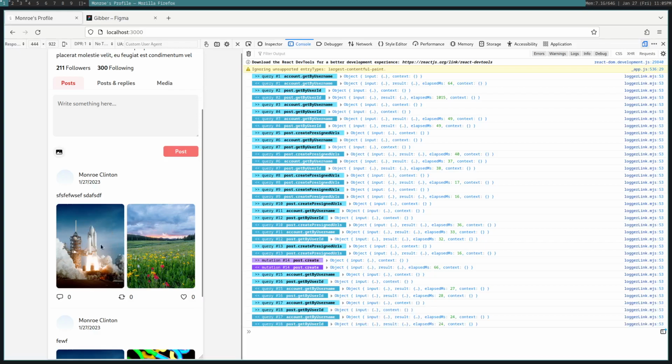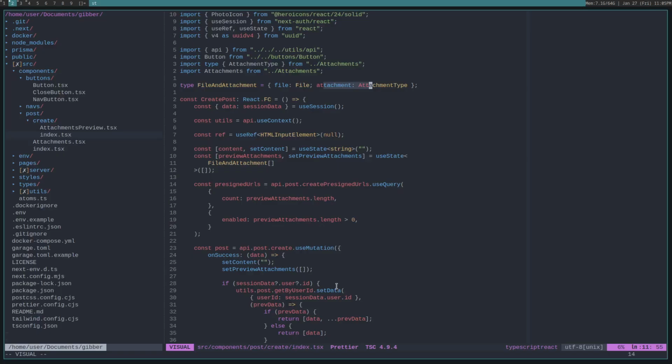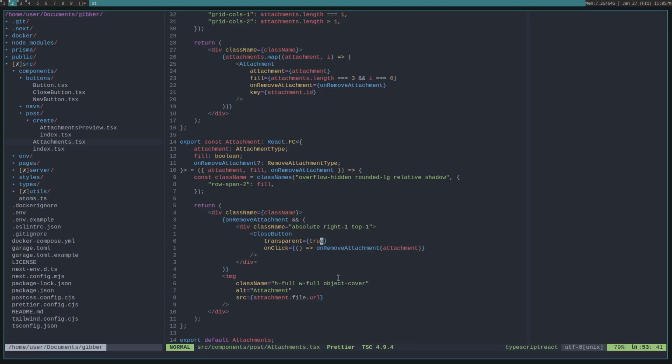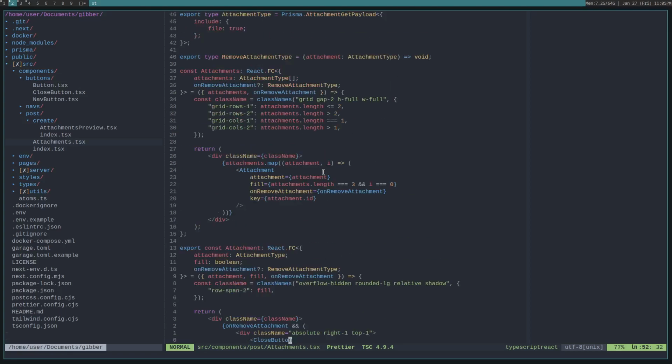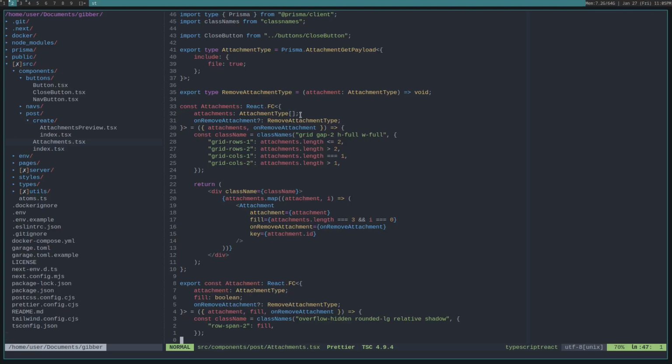Like this is an attachment, and this is also an attachment. So we have to build an attachment from the file in order to render that in our attachments.tsx file. So we need to pass the valid state into this component for it to render and generate that